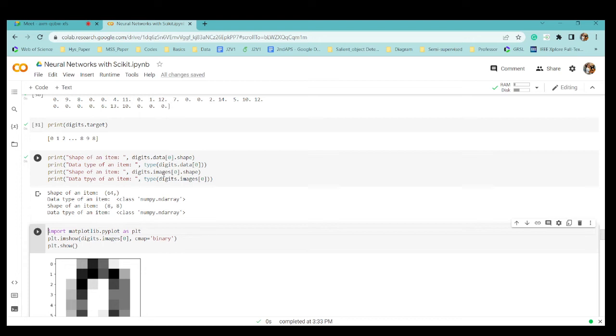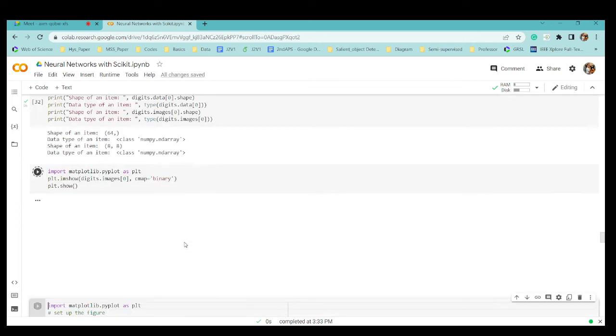For the digit images, the images are 8 cross 8, which makes 64, right? 8 into 8 is 64. And again the data type is ndarray.